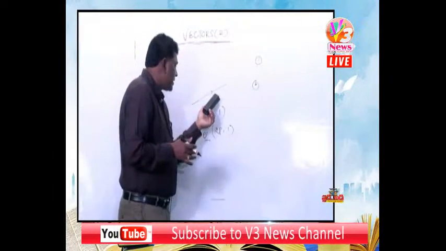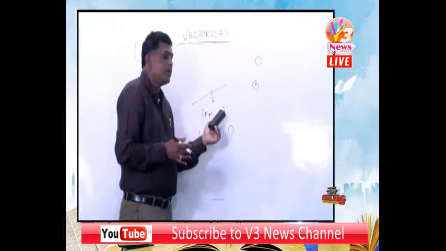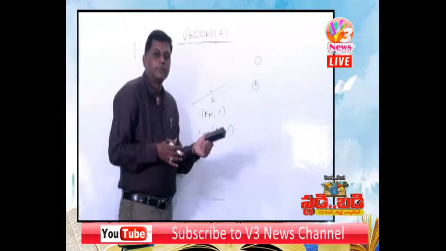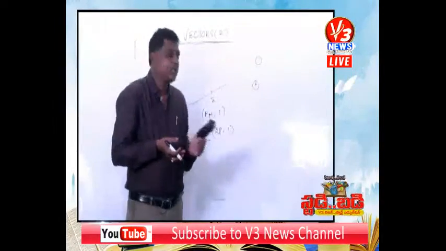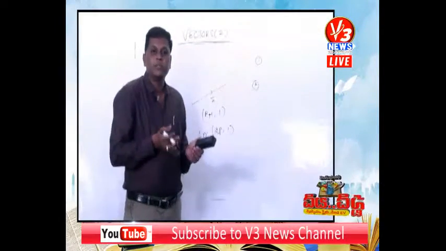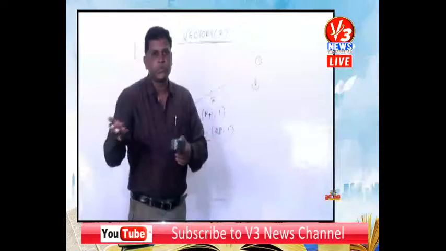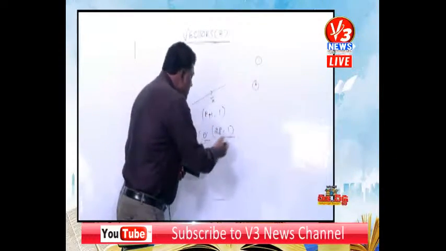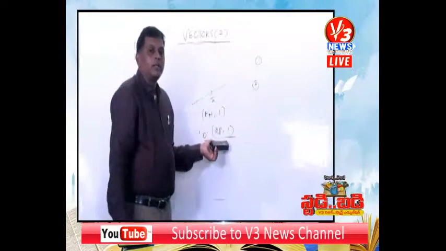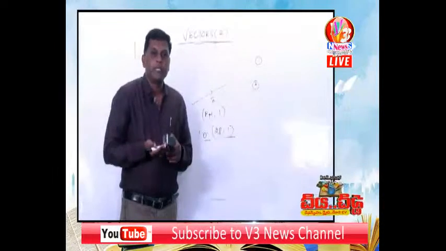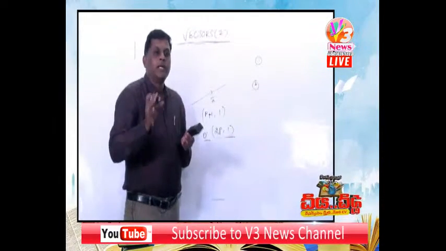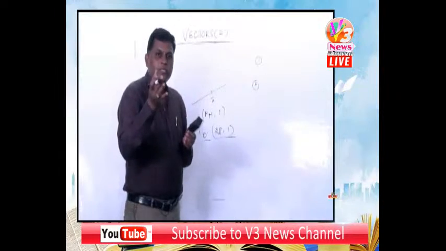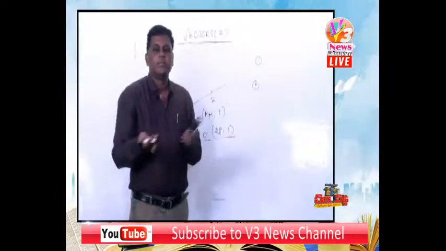Here a vector a bar has components p plus 1 and 1 in a two-dimensional system. If the coordinate system is rotated through an angle theta in clockwise direction, or anti-clockwise also we can choose, then the components have been changed as 2p comma 1, then what are the possible values of p? Here clockwise or anti-clockwise is not mentioned, and it is only a two-dimensional plane, there is no z axis. That is why here